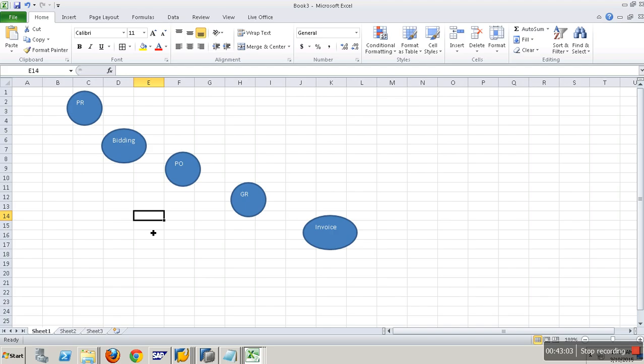You have to speak about the flow like this: purchase requisitions, bidding, then PO. PO is what? Purchase order. PR is what? Purchase requisition, and then goods receipt, then the invoice. So how does it go? Say I'm a company, I want to buy some parts, some raw materials. I raise a requisition, and that will be dealt with by some purchasing team. We will have buyers in it. They're the ones who are responsible for buying.